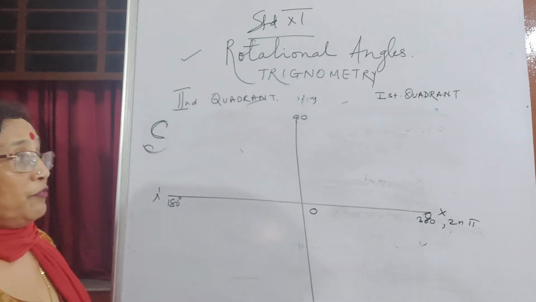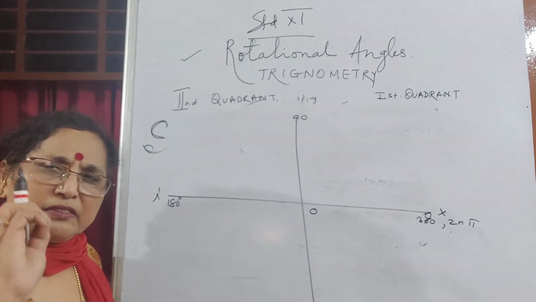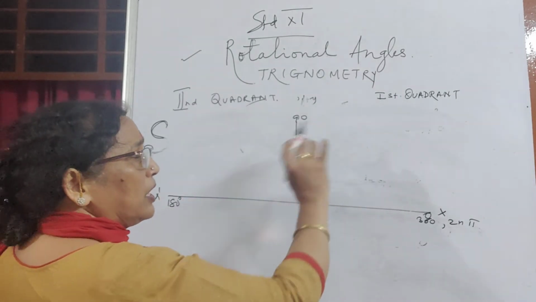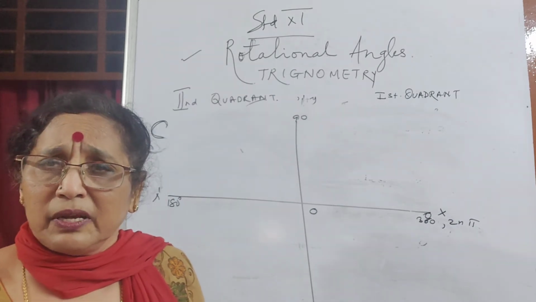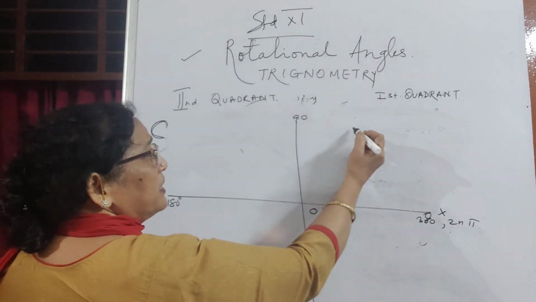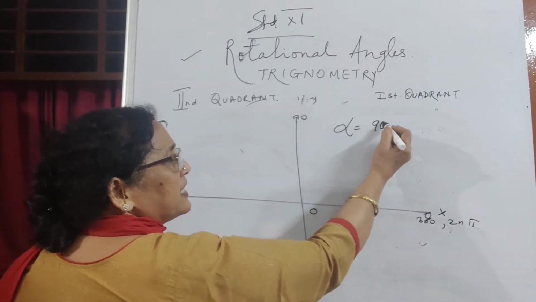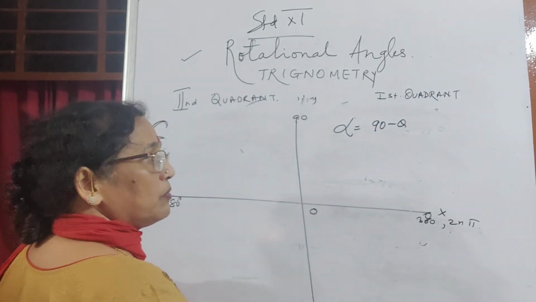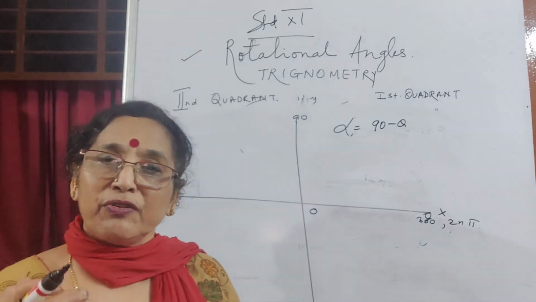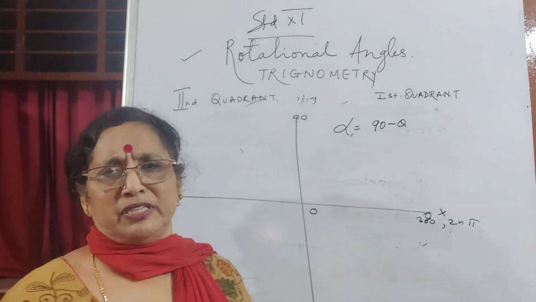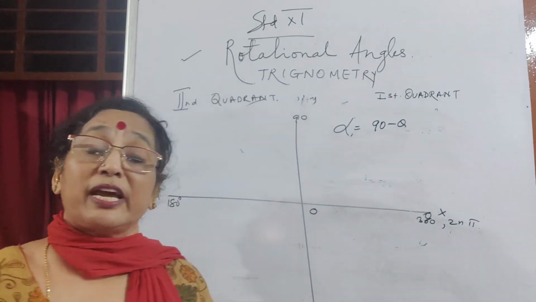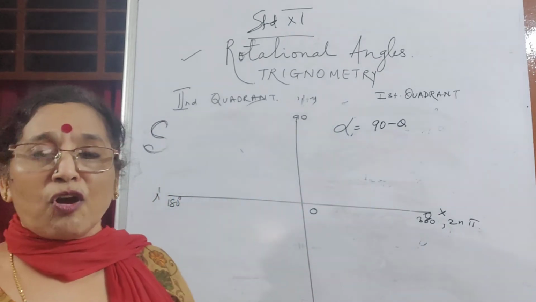Now, first I will say, suppose you talk of an angle. So here, if any angle you have is alpha, an acute angle, you won't say anything. Acute angles you will keep as they are. But if you want to express in terms of 90, so first quadrant, any angle can again be written as 90 minus something. That's all. Any angle in the first quadrant, if it comes, you can write it as 90 minus something. For example, 70 you can write as 90 minus 20 also. When do we write that? We'll see. That is complementary.